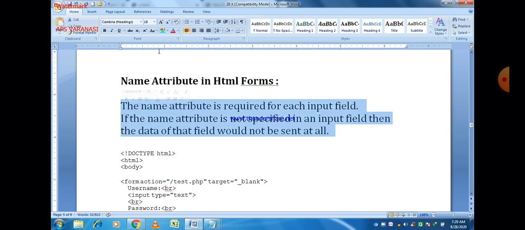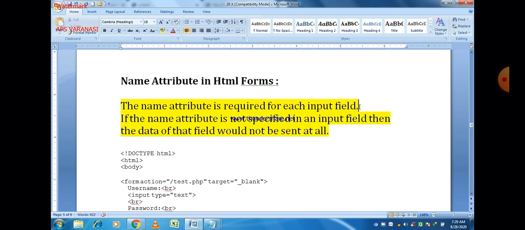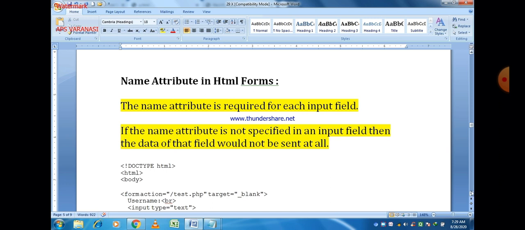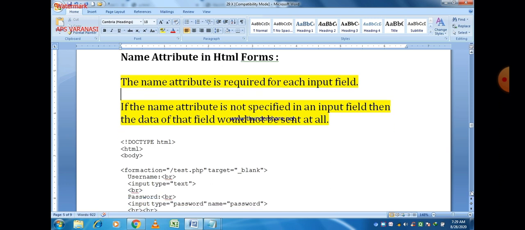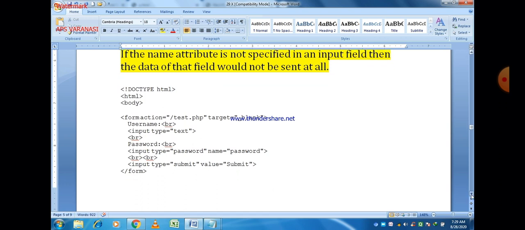So till now we used the name attribute in each program. If we don't use the name attribute, then data will not be sent to the server. So the name attribute should be used.